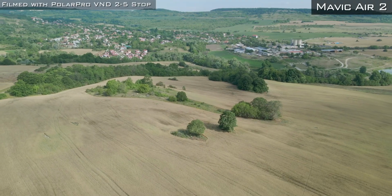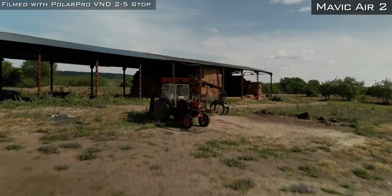So if 4K is something that you're looking for, you only have it on the Air 2. So to summarize the camera part of these two drones, I think they are geared towards very different types of people. The Mini is something that would be useful for people who are not into photography or videography and are just looking...